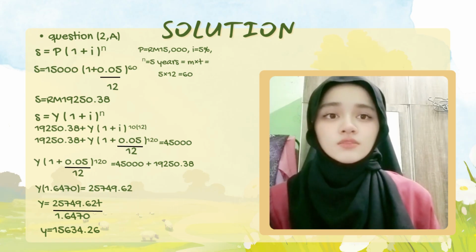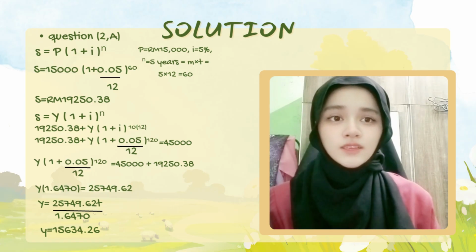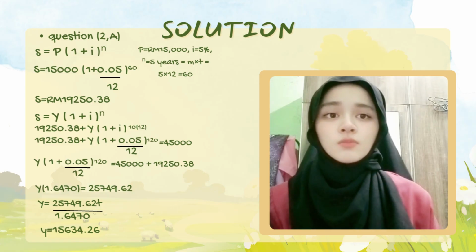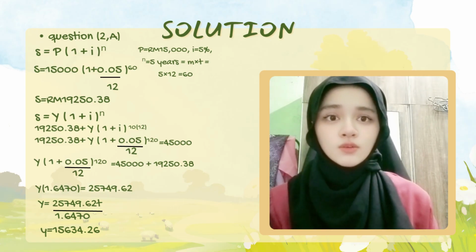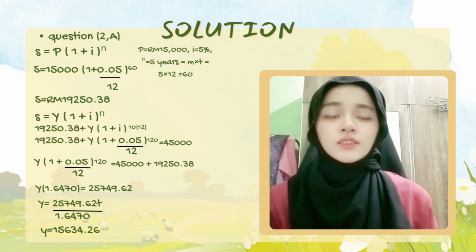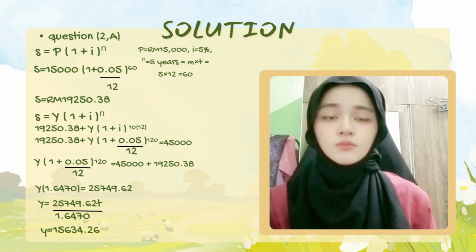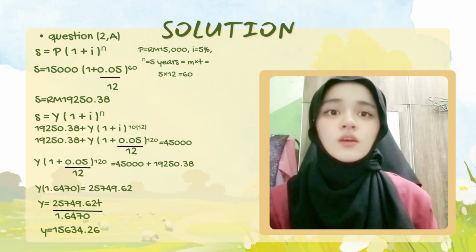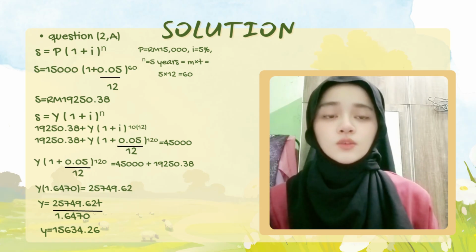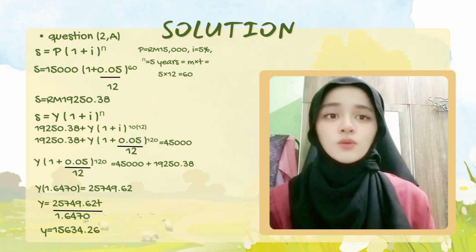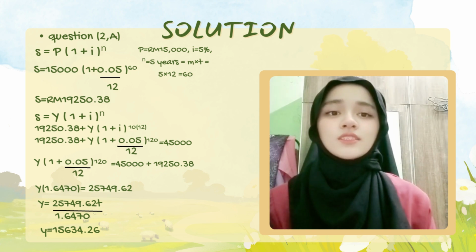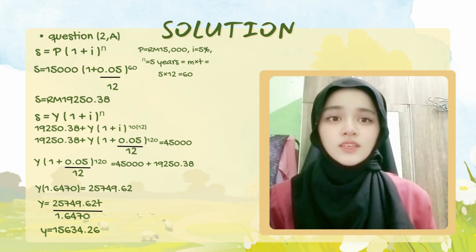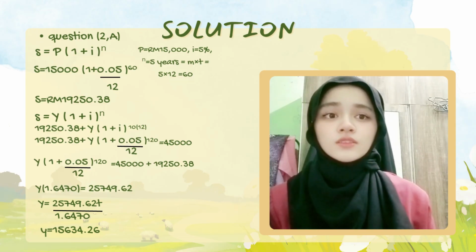The interest rate is 5% compounded monthly, so the monthly rate is 0.05 divided by 12. The time is 5 years, which is 5 times 12 equals 60 months. So, the future value is 15,000 multiplied by (1 plus 0.05 over 12) to the power of 60. This gives me